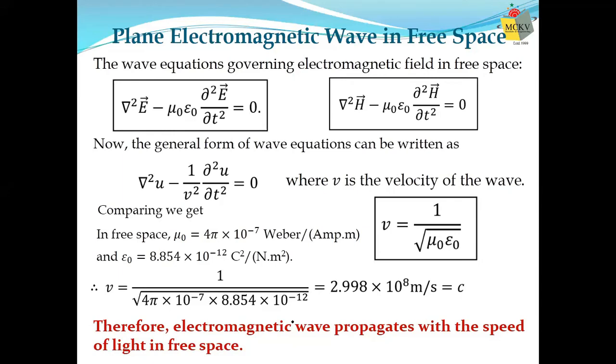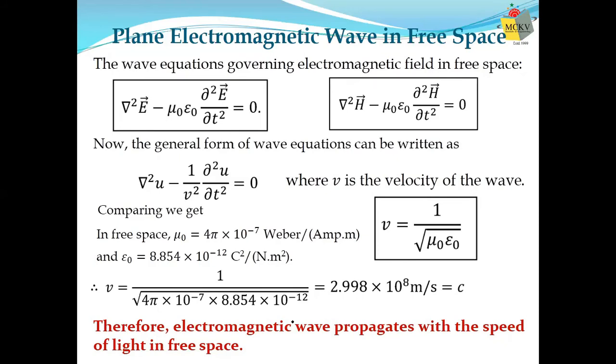Then what are we talking about? Where is the medium here? There is no medium. So how is the wave propagating? The wave propagates in such a way that initially, somehow, an electric field or magnetic field is generated, whether there are some charges or some current present, whatever be the reason. Either an electric or magnetic field should be created, and this electric or magnetic field is a time varying field.